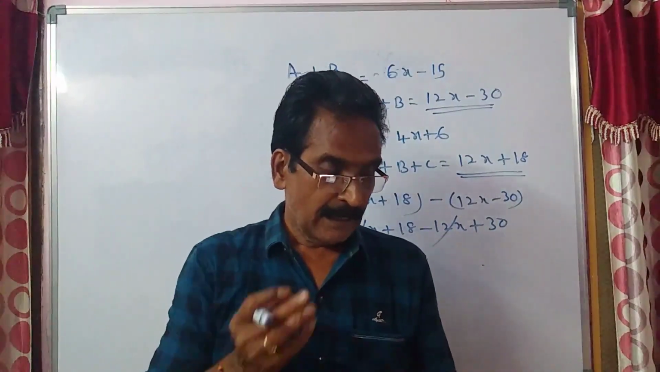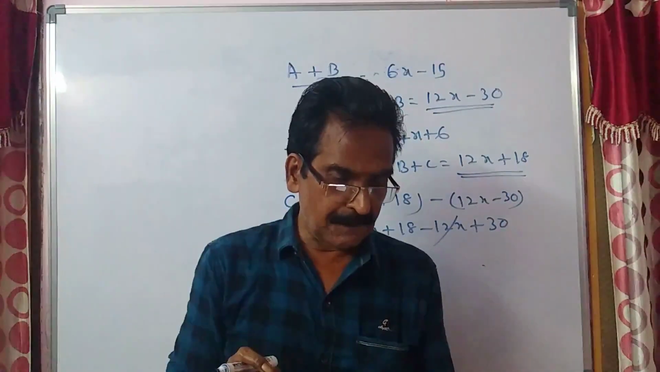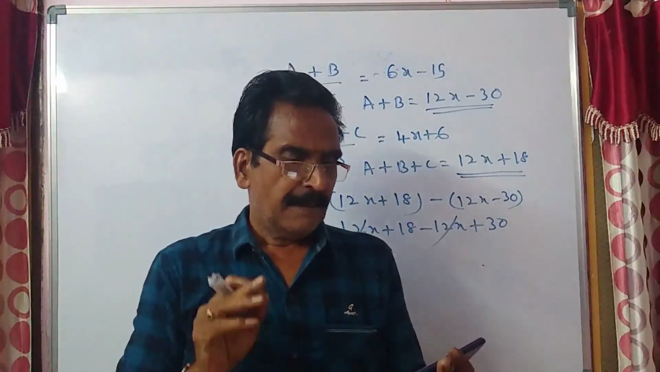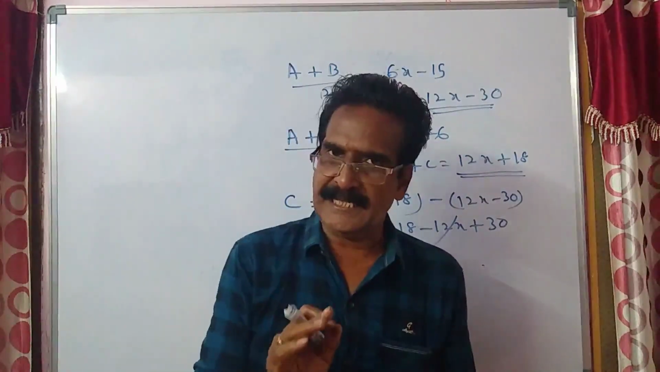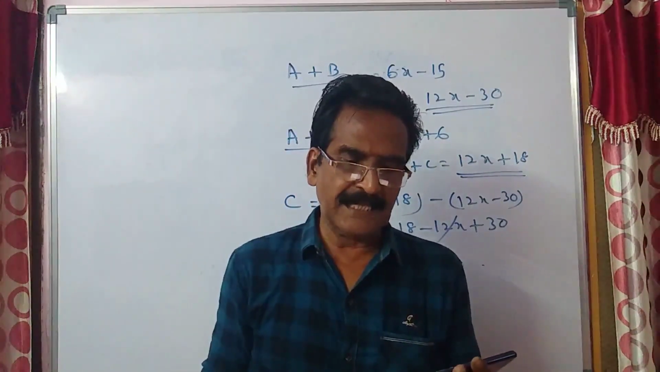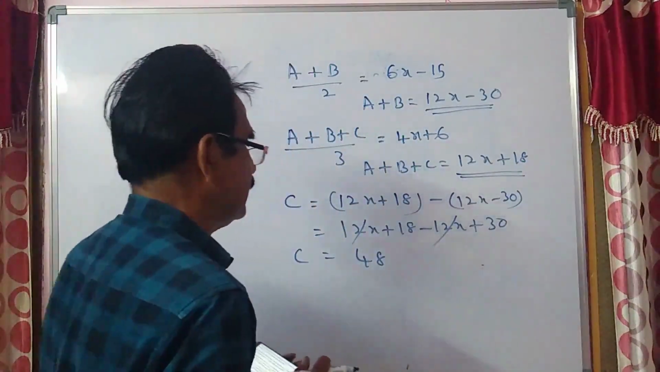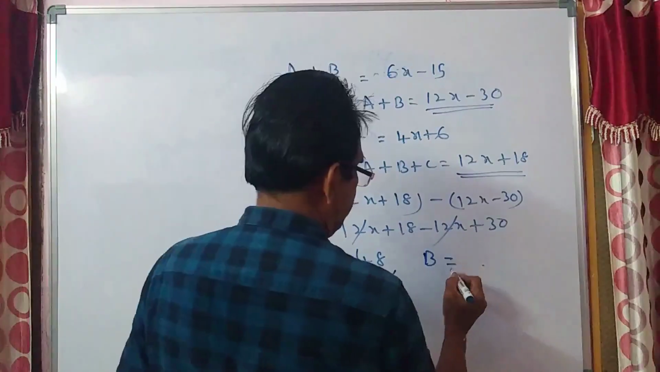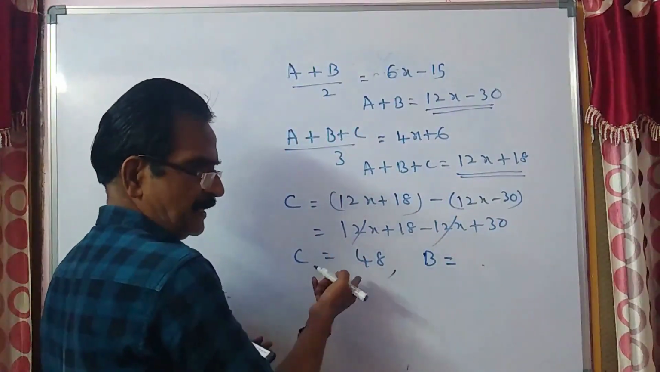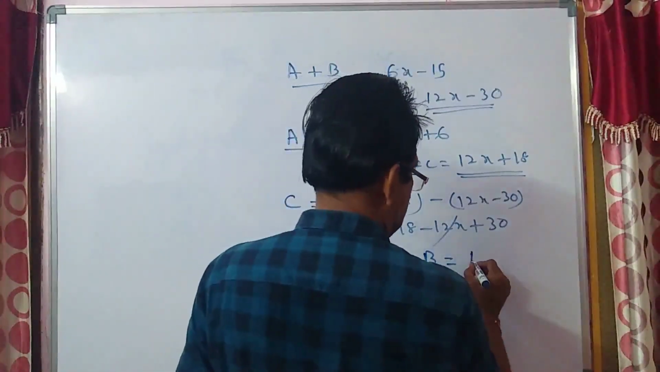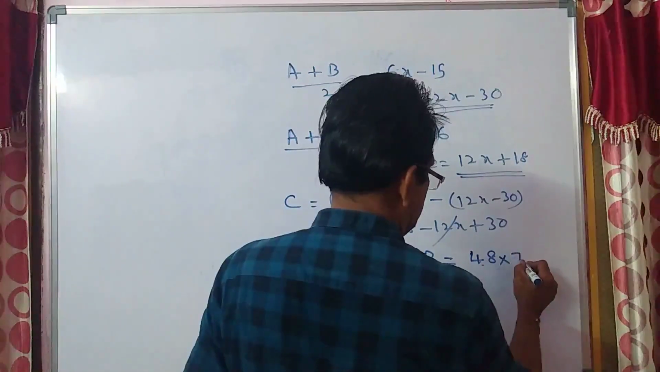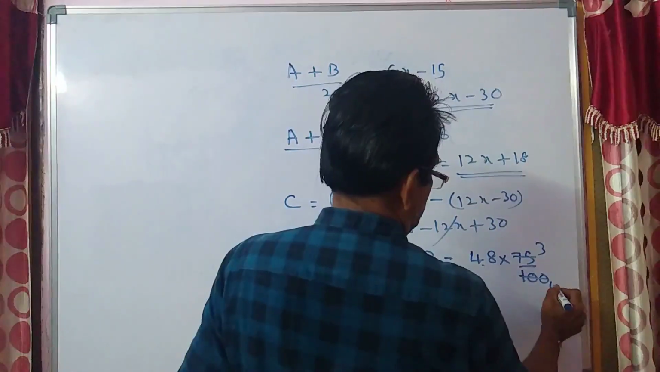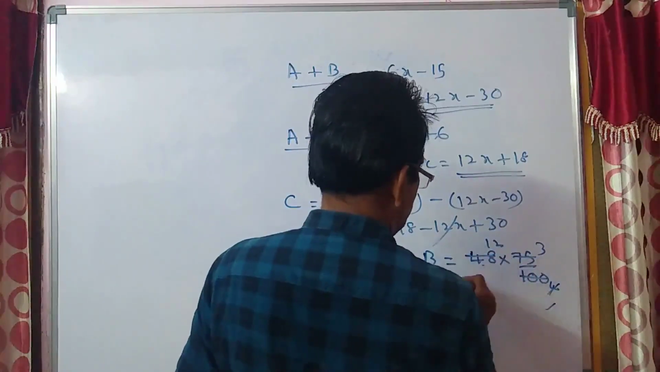Now the problem is not over. Now we got the age of C. The present age of B is 25% less than the present age of C. C is equal to 48. B is equal to 25% less than C. 25% less than C means 75%. 25 3s, 25 4s, 4 12s. B is equal to